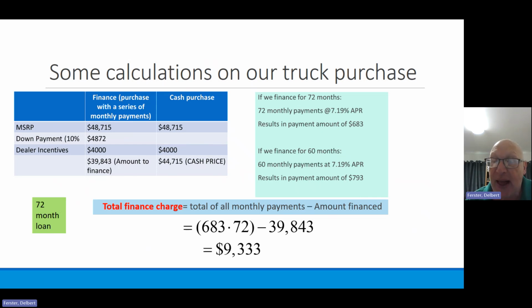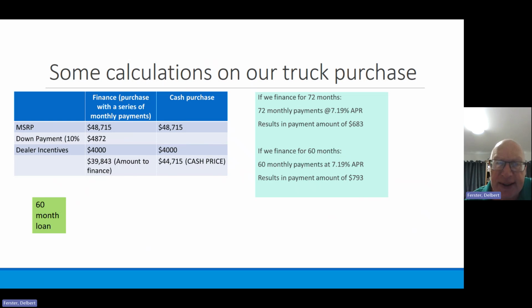It cost us $9,333. That's the cost of our credit program. That's the cost of financing that truck. If we had the upfront cash, 44,715, we could have bought it for that amount. Since we didn't, what we wound up having to pay was a difference of $9,333, basically for the convenience of using someone else's money over that span of 72 months for us to buy our truck. If you compare and contrast with what happens on the 60-month loan, you're going to see the same